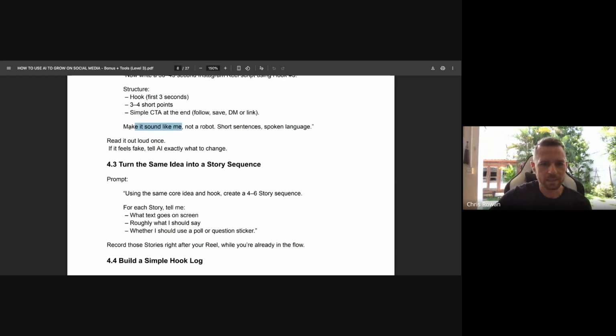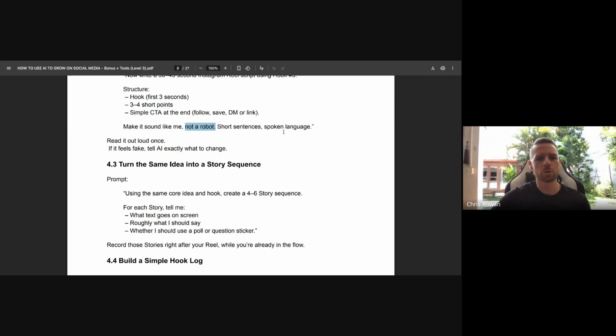Now that might sound quite funny, but ChatGPT does have a main bio on you. If you actually go and speak to ChatGPT, it'll tell you all the information that it knows about you, because it does have a main bio within ChatGPT as well. So it knows the way that I type, the way that I talk. So from all that information, it will be able to produce content that sounds like me and not like somebody else. Not robotic. This can happen. This normally happens if you don't put enough information in. If you don't train the AI on yourself, it will just sound robotic.